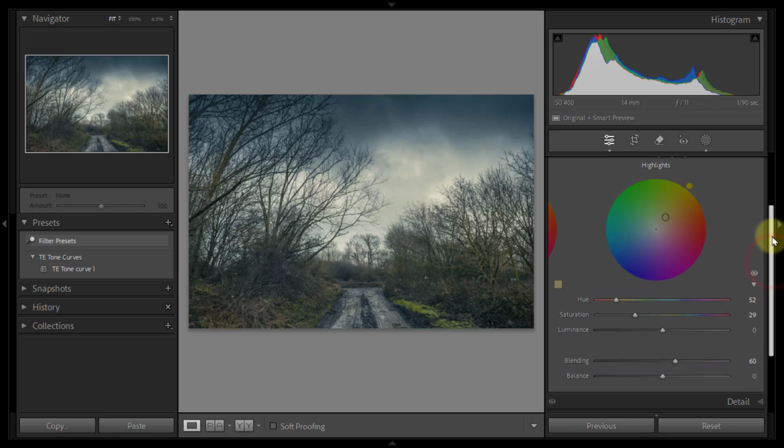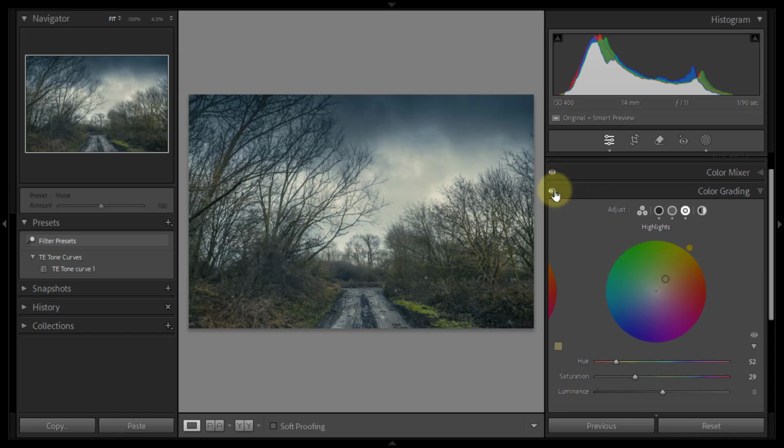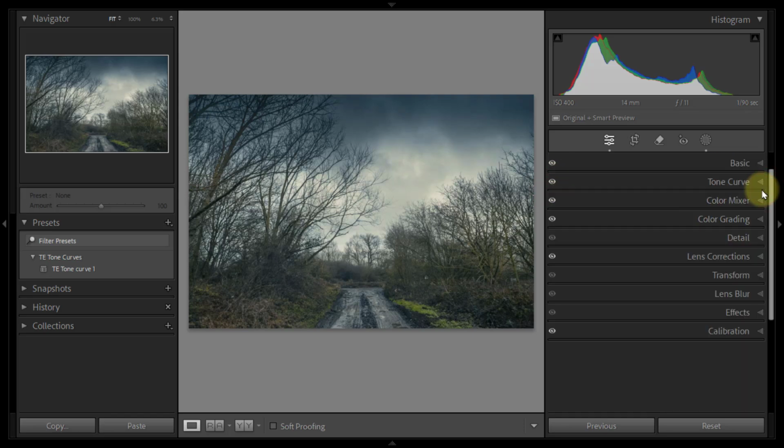Right, so let's just eye symbol that. Okay, so the biggest change is that warming up of the highlights. And so now I'm just going to shut that color grading down. I'm happy with that. So the next things that I want to do is maybe add a vignette, and then